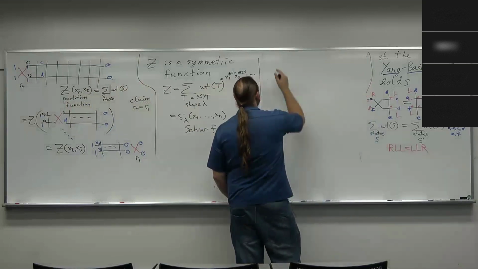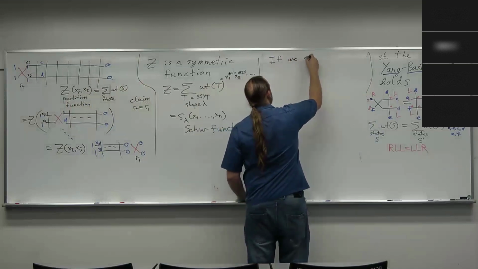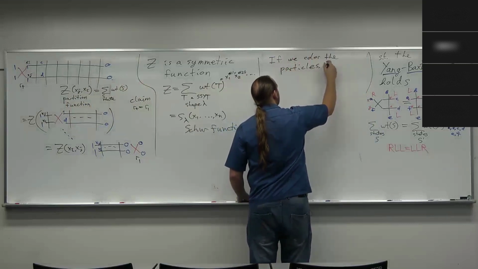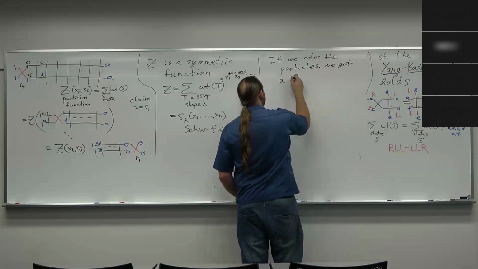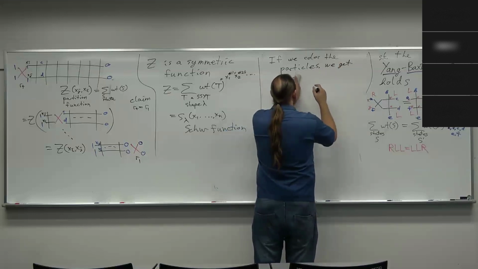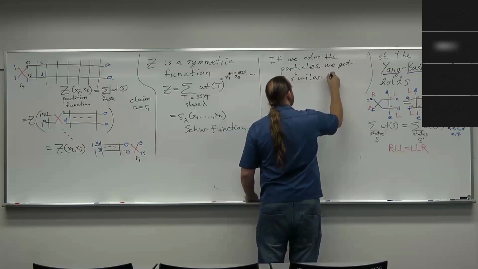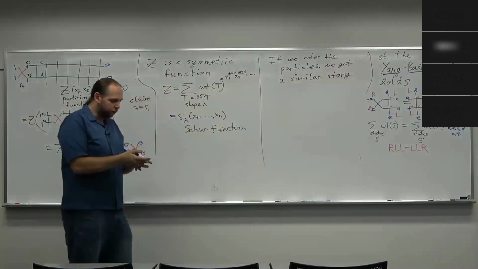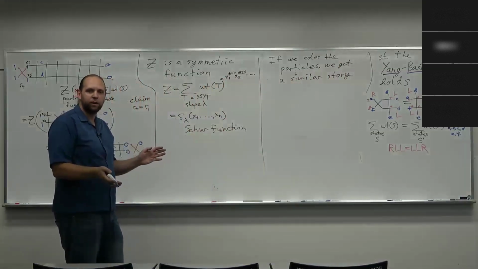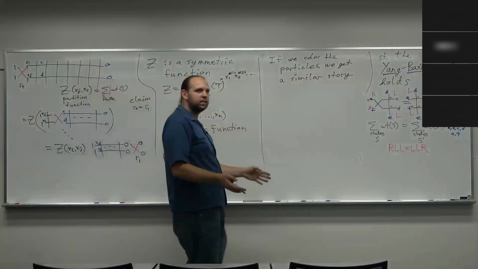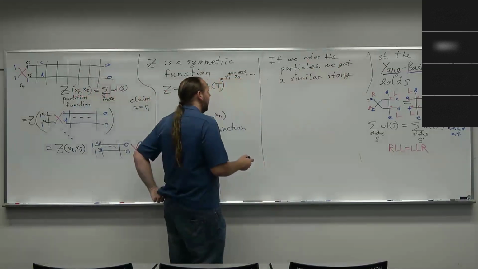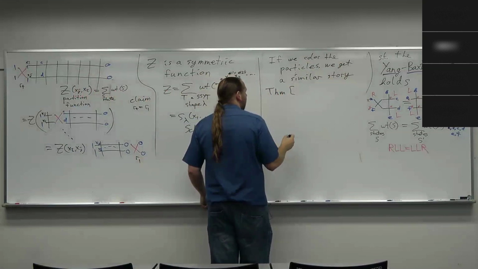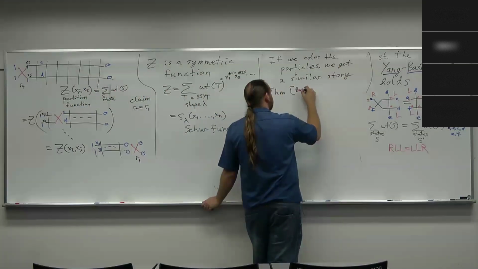And then it turns out if we color the particles, we get a similar story, but now the particles that cross each other versus bounce off each other are different because now we can distinguish them by their color. And it turns out what you get, I guess I would attribute this to